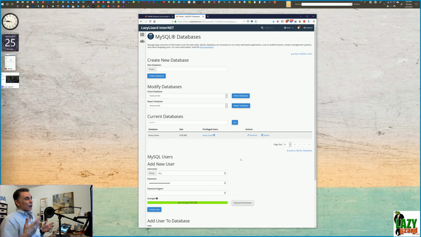Now, when you set up a WordPress site or pretty much any other site, they are then going to ask you, give us the database name, give us the name of the database user that has the privileges to control the database, and give us the user's password, okay? So that password that we typed into here, or the cPanel generated that we copied, you're going to write that down in a file. If you do it this way, the way I do,